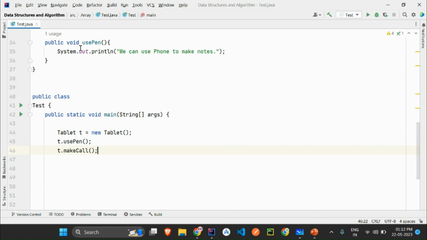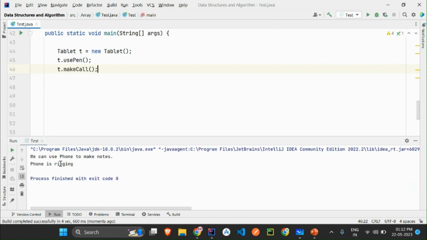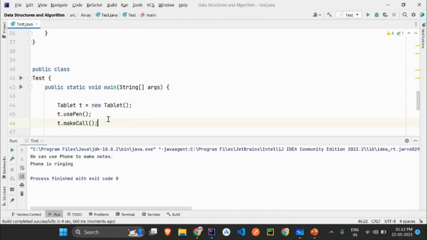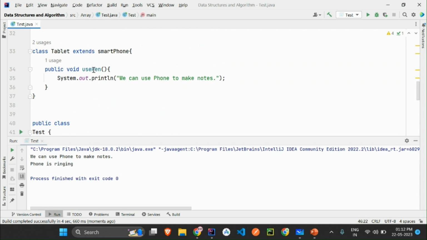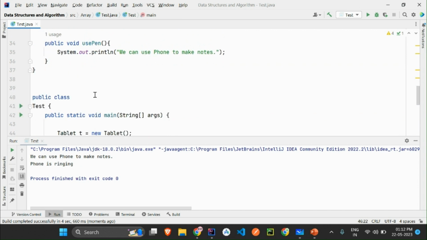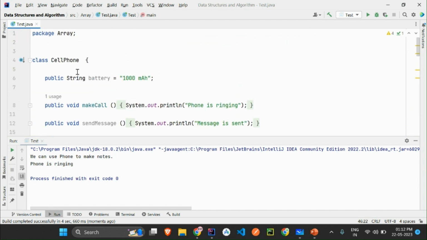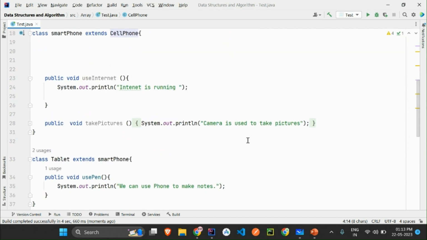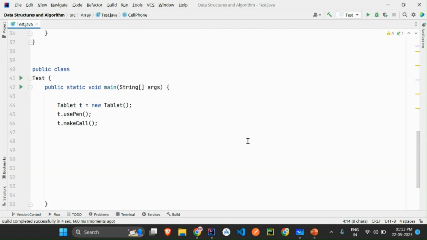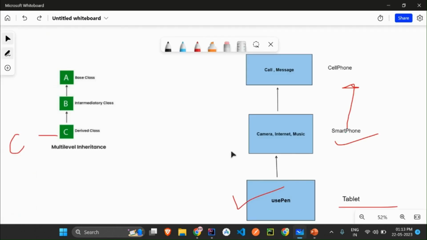If I run this, what will happen? Let's see. Yeah, we are able to use pen, that is a function of tablet, but we are also able to make phone call, that is a function of cell phone. It means here multi-level inheritance is achieved. Now we will understand